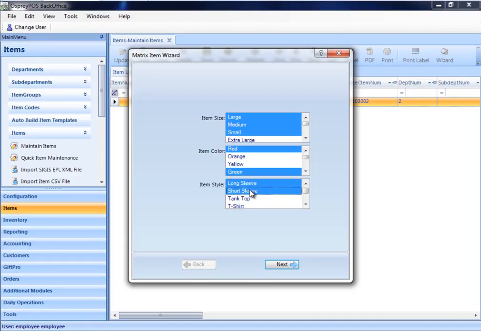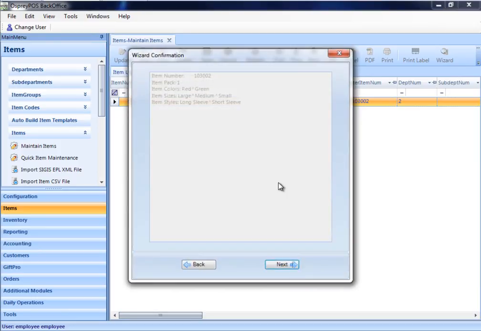So I have 3 sizes, 2 colors, and 2 styles. So that's going to be 12 items. 3 times 2 times 2. Since I'm happy with that, I'm going to hit next, and I'm going to get my summary screen to confirm the wizard. I have my master item number 103002, my package code of 1, the colors, sizes, and styles that